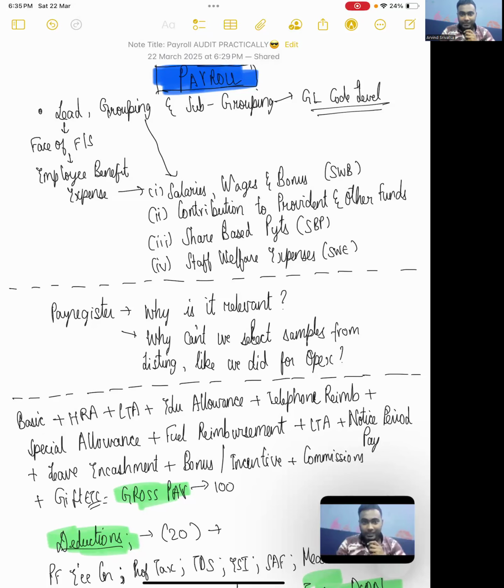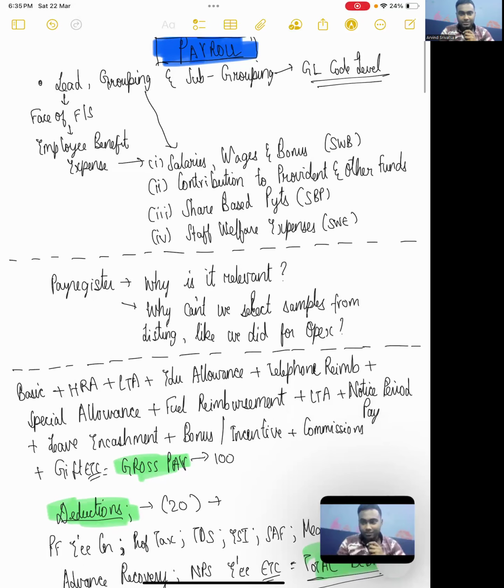Today, we are going to be seeing a very interesting financial statement line item, that is payroll cost. So, this is again an expense item in the profit and loss account. So, how is this presented in the profit and loss account? It is presented by the name of an item called employee benefit expense in the profit and loss account, and